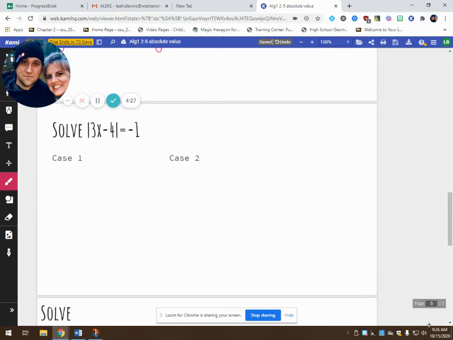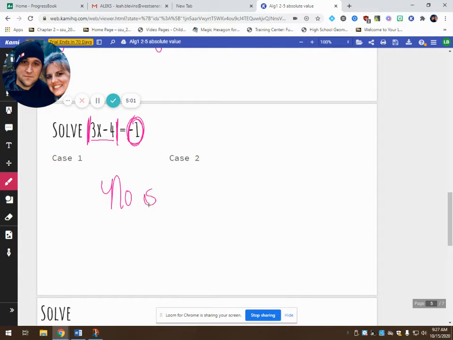All right, so let's look at this next one. This is really interesting because remember at the very beginning, I said that the absolute value could never be a negative number. Why can't it be a negative number? Well, absolute value is the distance it is away from something. So we can't say that whatever's inside that absolute value has a distance of -1. That doesn't make sense. So as soon as I see that I have just the absolute value symbols equal to a negative number, I know that there is no solution